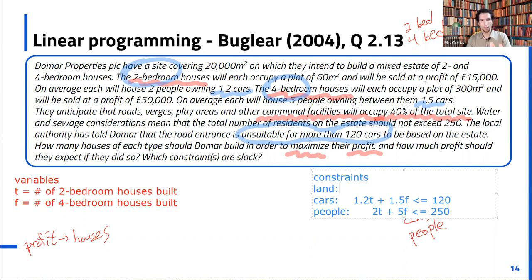Okay, land. Let's do the variable part of the land first, and then we'll see that the other part we've got to do a little more work. So 60T plus 300F is less than or equal to something. So the number that they gave us, the amount of land available to build houses, is 20,000 square meters. So that seems like it's the right number,